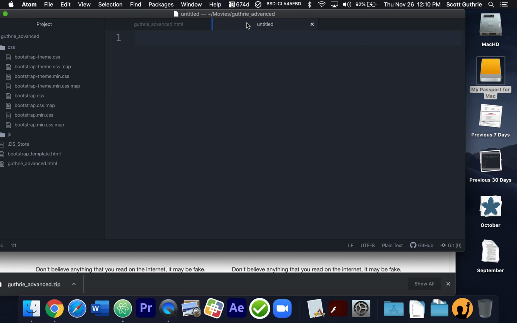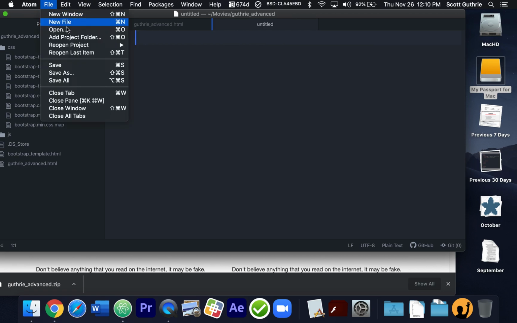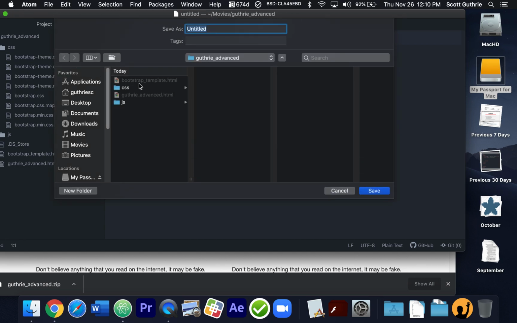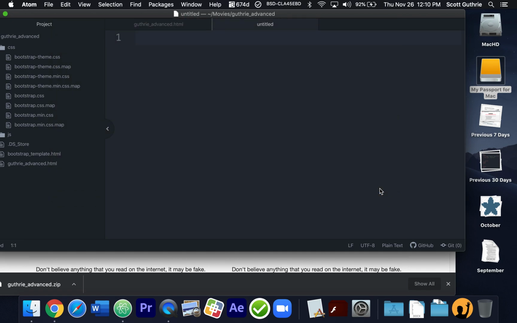First thing I'm going to do is go File, Save File, and I'm going to put it in the CSS folder, and I'm going to call it advanced.css. Advanced.css, and that's what I'm linking to already, but we didn't create it yet. So I'm going to save it,